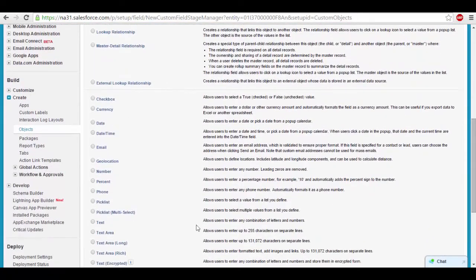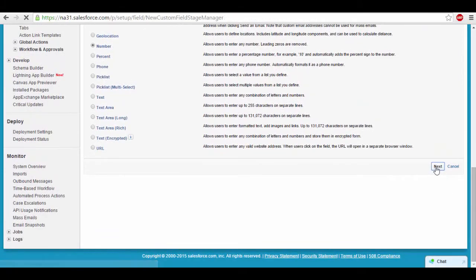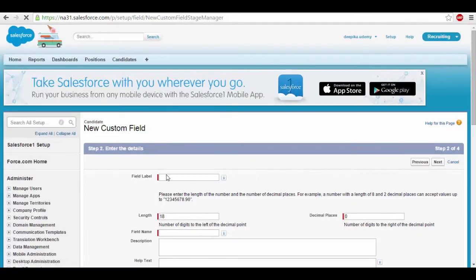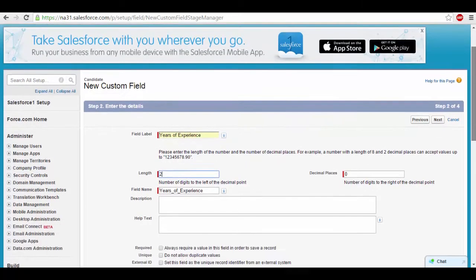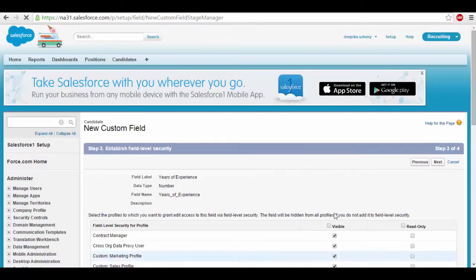And this, I also want to capture the years of experience. So that's a number, like how many years that candidate has experience. So we can call it by the name of the column, and the field label is going to be years of experience. Length will be 2 because the maximum he can have is in double digits. So we'll call it this, and next, visible, and